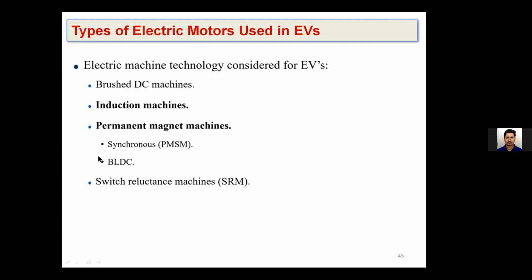The brushless DC motor is basically for two-wheeler and three-wheeler segments. Mostly they are getting popular for two-wheelers, like scooters, and even rickshaws or autos. They are mostly based on the BLDC machine. PMSM is basically for the four-wheeler segment like cars. And switch reluctance machines are also getting popular, which are based on the reluctance principle.